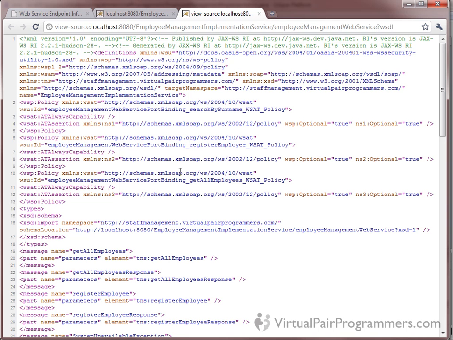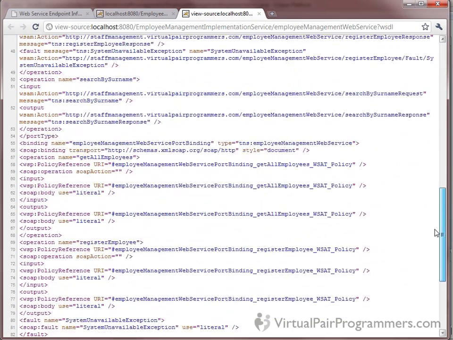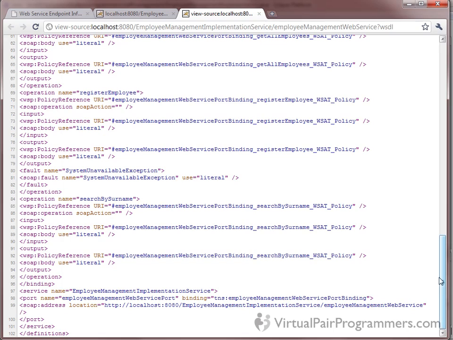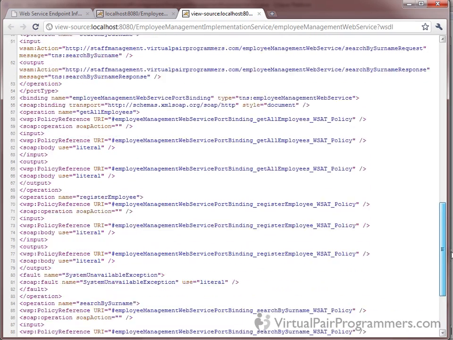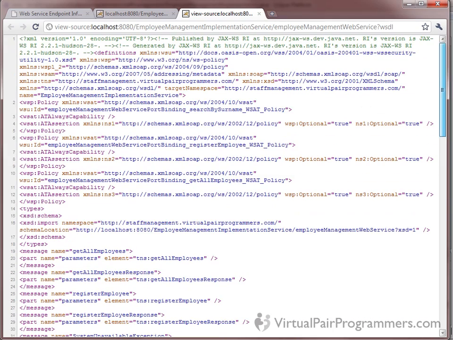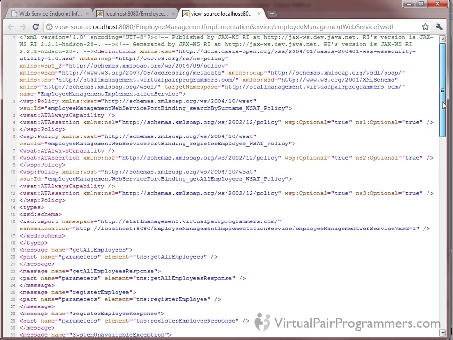Well, I did say in the introduction that WSDLs are not very pleasant, and I think there's the proof. We're seeing just the top third of the WSDL here. If I scroll down, yeah, we've got something like 100 lines of XML just for our very simple service on this course. But I wonder if we can just have a look through and see if we can pick anything